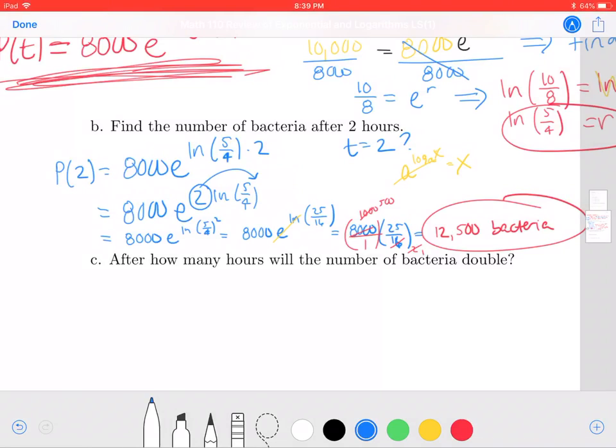Okay, so now we're going to use the function from part A to figure out part C. How many hours will the number of bacteria double? So if I start with 8,000 bacteria, that was my P sub 0 amount. Double that is 16,000. So that means I want to figure out at what t